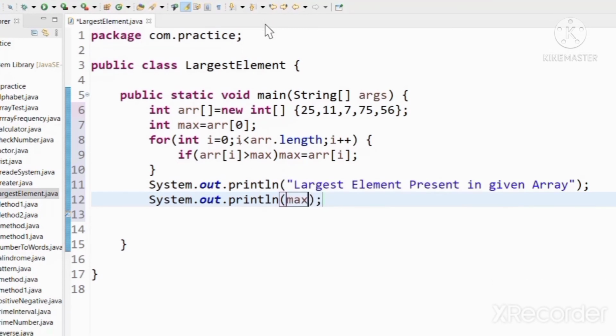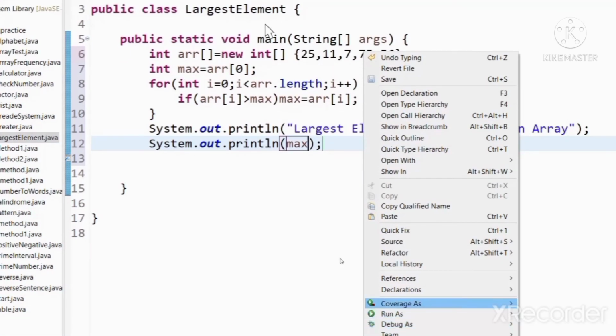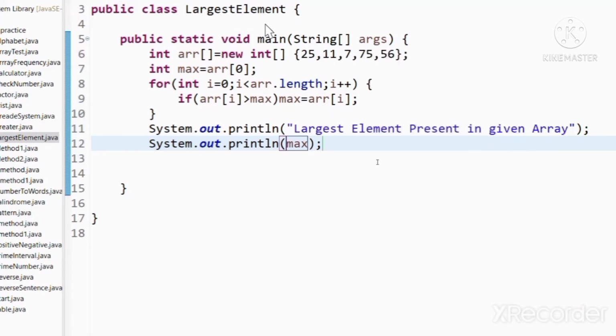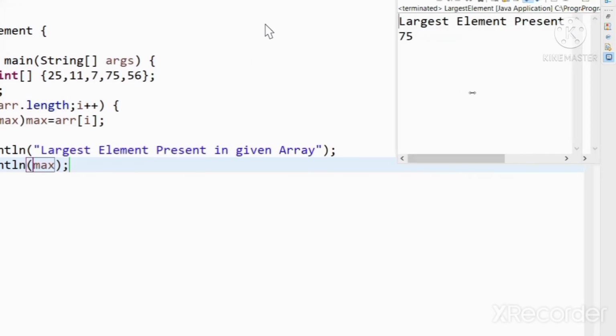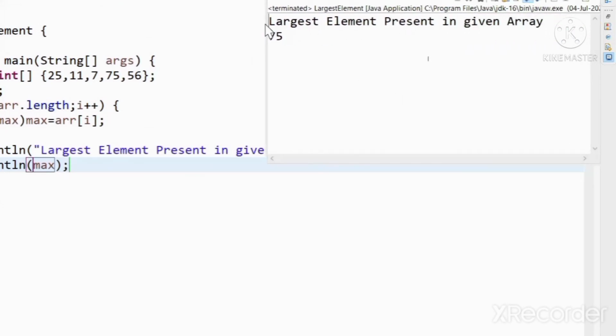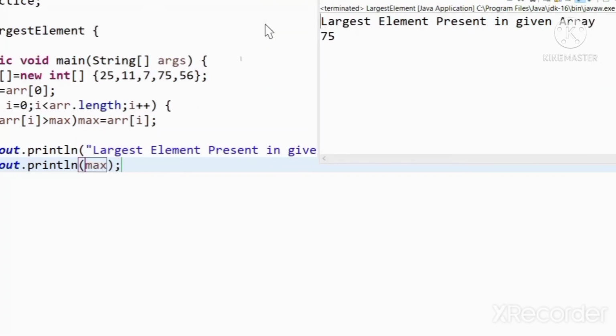So now we try to run my code and see the output. Run as Java application, and you can see the output of my code. Largest element present in given array is 75, and my elements of the array are 25, 11, 7, 75 and 56.